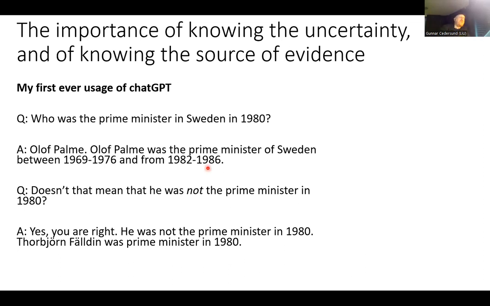But this just shows that it can look very confident. This is a quite easy question, and it somehow did know, in the sense that it knows anything, and we'll come back to that very soon, that it was Torbjörn Fälldin that was the correct answer. But still, the string that came out was something that was wrong. And there are many, many such examples.